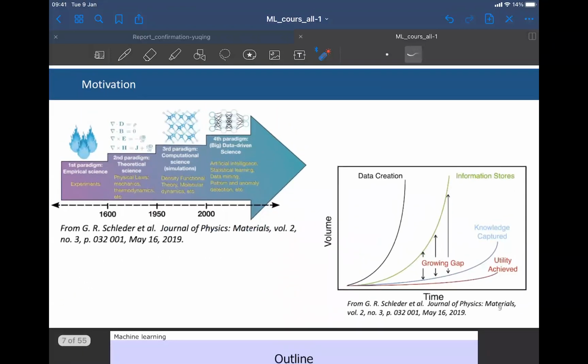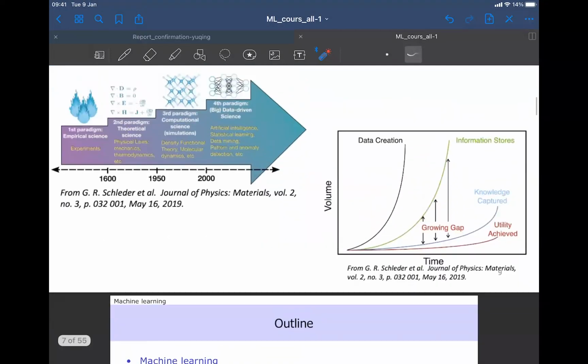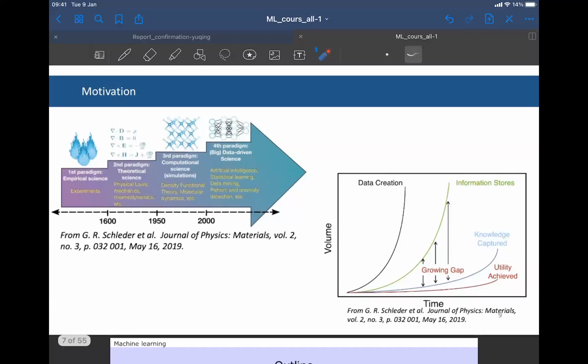And so before we really get started with the first models, why do we really want to do all this? So with the perspective of